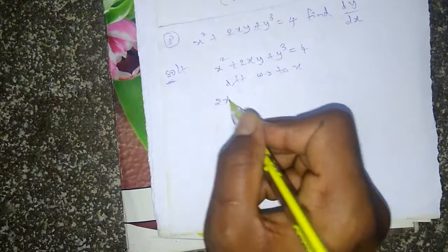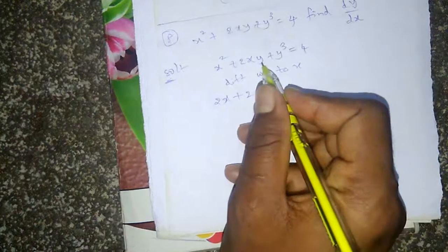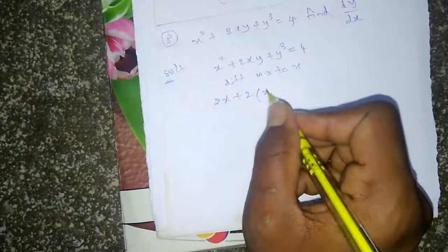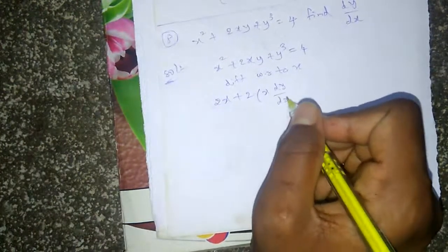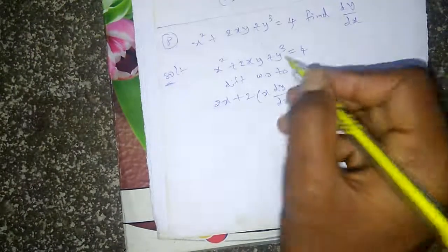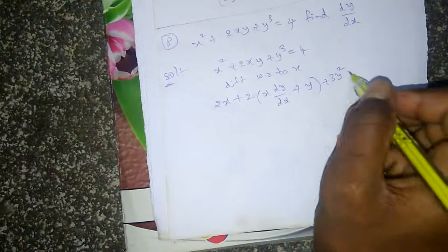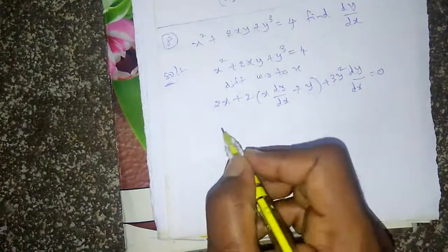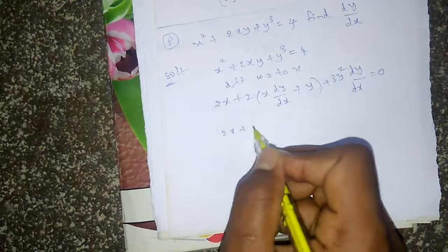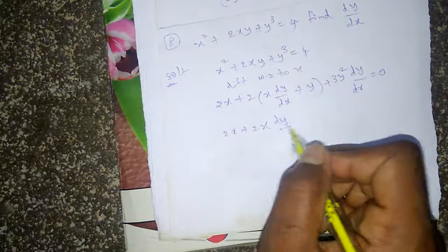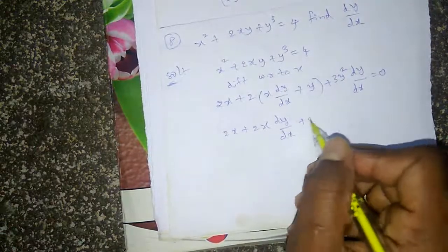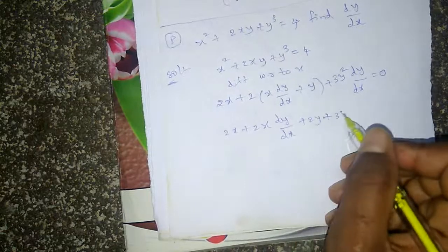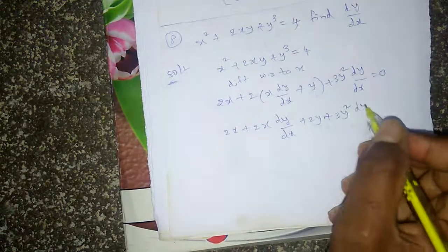Derivative of x square is 2x plus 2 into here x into y. Apply product rule. X into dy by dx plus y into dx by dx, that is 1, plus derivative of y cube is 3y square dy by dx, that is equal to 0. Now take the terms common, 2x into dy by dx plus 2y plus 3y square into dy by dx